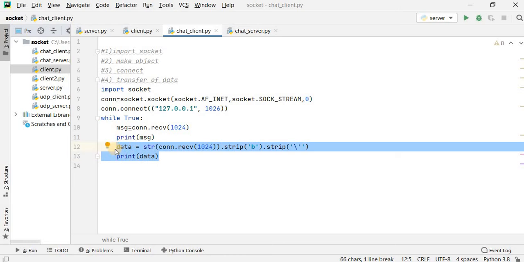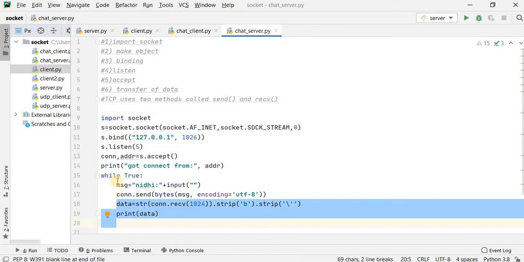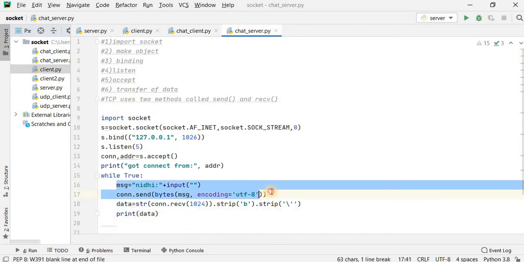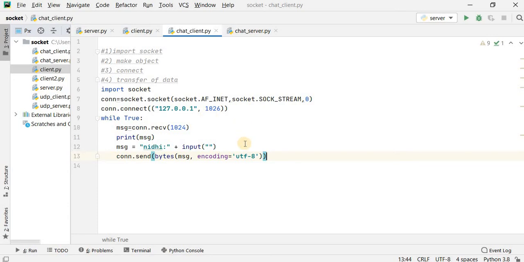So that's why we have to create one message, con dot send, because the client wants to send a message. So my message is, the user will be Anshika in that case. And con dot send bytes message encoding UTF.